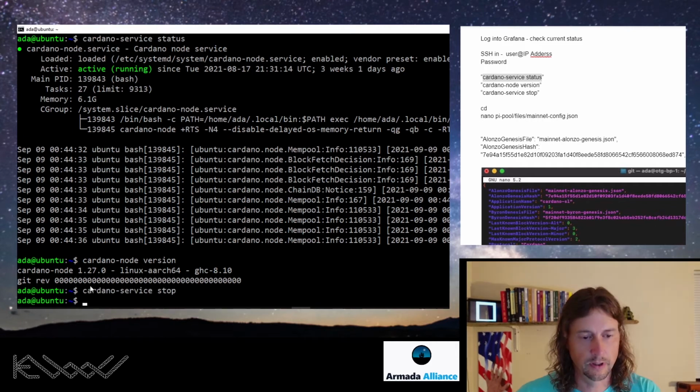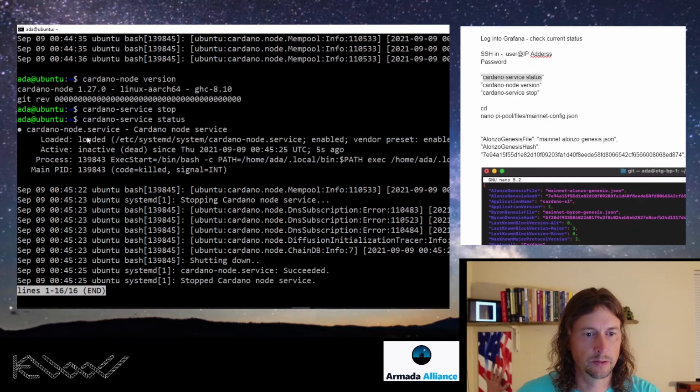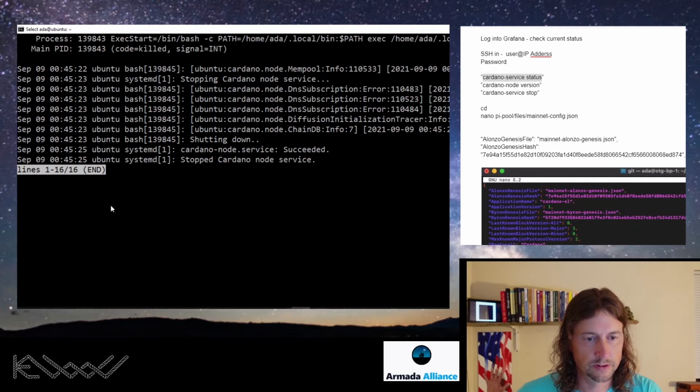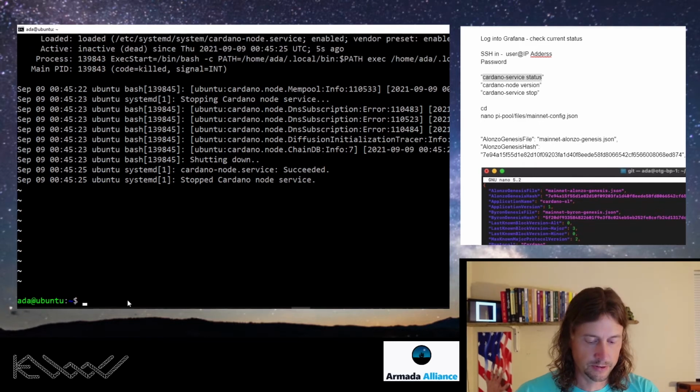And now let's stop it. And we should be stopped. So just to make sure, let's check our status. And we can see here that it is inactive. Control C clears us out. All right, let's change our directory now. So cd space, actually check this out. Since I have it in the guide, and I'm going to put it in the